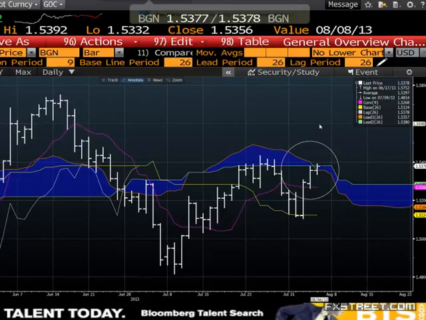Now that's perfectly reasonable. That's perfectly logical from a fundamental perspective because we've seen some better economic data out of the UK. In fact, much better economic data. Pan, I'm going to look at Euro GBP after this. But tomorrow we have an inflation report from the UK. From the Bank of England, we get the first one by Governor Carney. First time we've heard him speak as governor, so that's going to be really important.